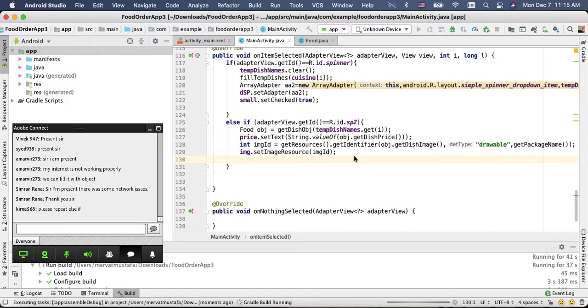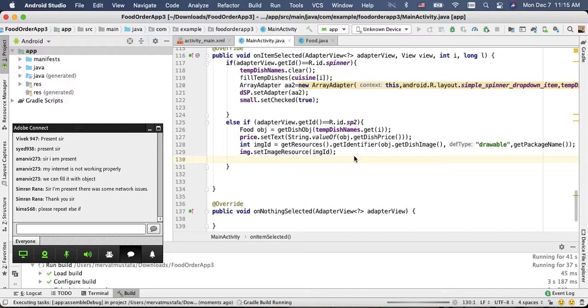If view.getId equals R.id.rdSmall, then price.setText is String.valueOf(originalPrice). Else if view.getId equals R.id.rdMid,